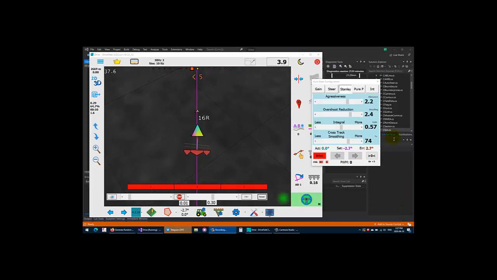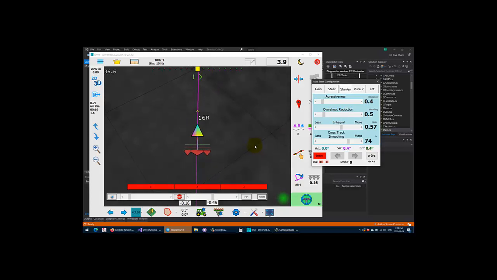Okay, so I want to talk about this aggressiveness and overshoot reduction. They're interesting names. I didn't want to call them by their technical names. Aggressiveness is all about the distance you are from the line, and overshoot reduction is about the heading gain. So this one's the heading gain, and this one's the distance gain, and their effect. So if we turn aggressiveness down and overshoot reduction down,